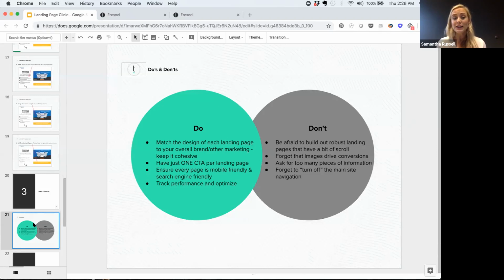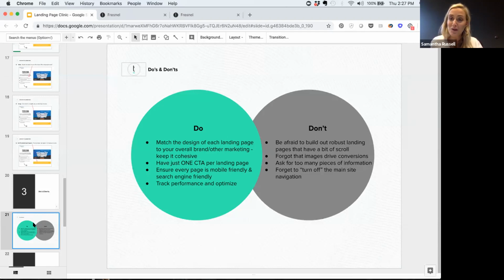Secondly, make sure you only have one call to action per landing page, just one. Again, we're trying to hyper focus everybody into that funnel to make them complete the action we want them to take. And then of course you want to make sure all of your landing pages are both mobile friendly and search engine friendly, so include whatever keywords would be important for your business. And then fourth, I did mention this, but track your performance and optimize. If you set up one of these landing pages and you're driving all this traffic to it and nothing's happening, sadly, I can't tell you how many times people will say, well, I tried doing landing pages, but nothing happened from it, so I stopped.